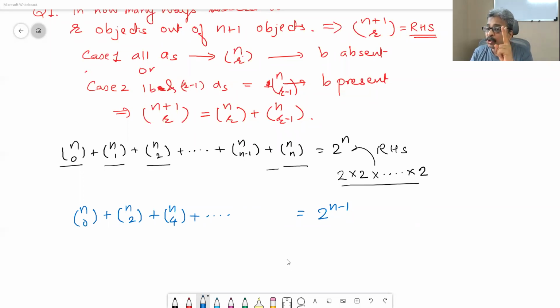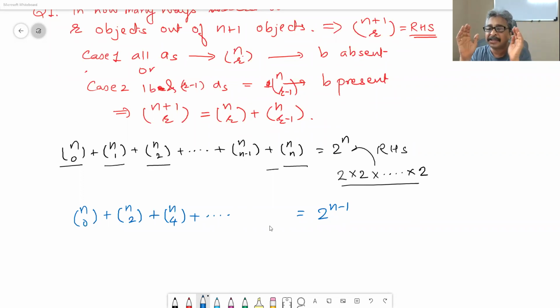Second, I go to each vegetable and ask whether you want to come with me to my home. Two choices, yes or no, for the first vegetable. Very good. And two choices for the second. Very good. And two choices for the third. Very good. Dot dot dot. I go to the n minus 1th vegetable and ask whether you want to come with me. Two choices, yes or no.